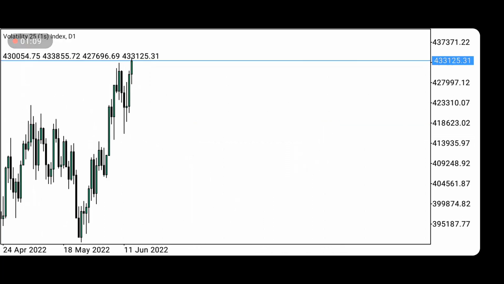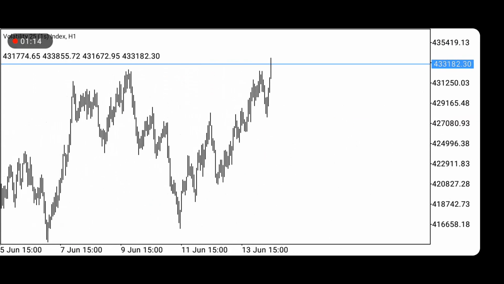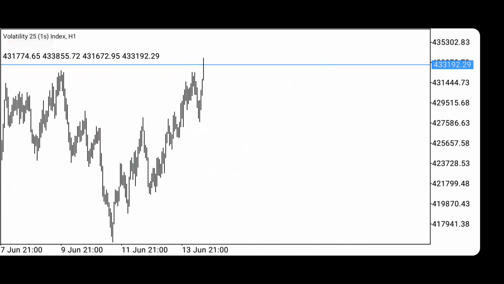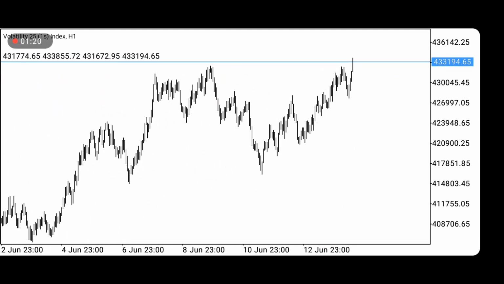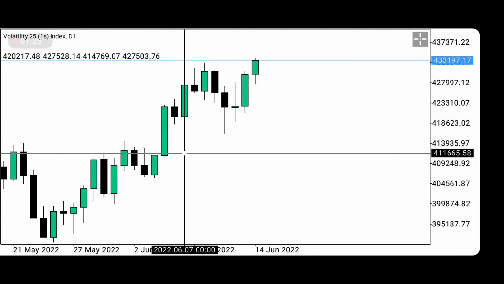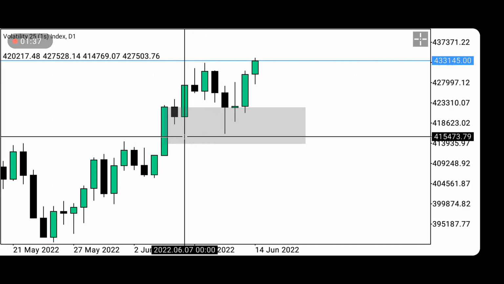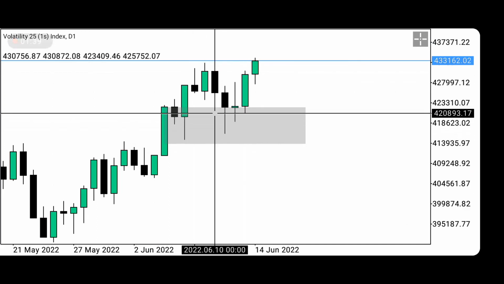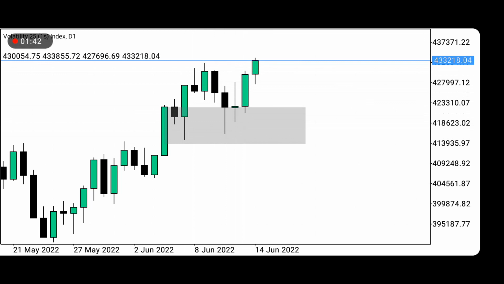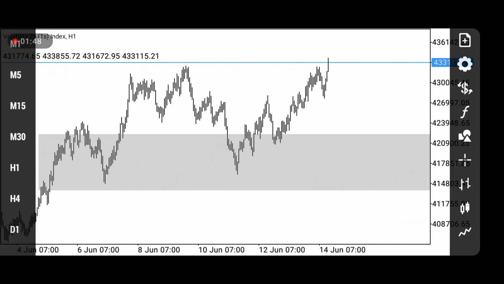In the 1 hour time frame we also examine the current market price, what market is actually doing at the moment. Alright, so we saw this order block from the daily time frame. Alright, and we saw the market has traded into the order block nicely and started reacting to the upside. Alright, and we scaled down to the 1 hour time frame to see what market is actually doing, and we can see also the market has traded into the daily time frame order block, and